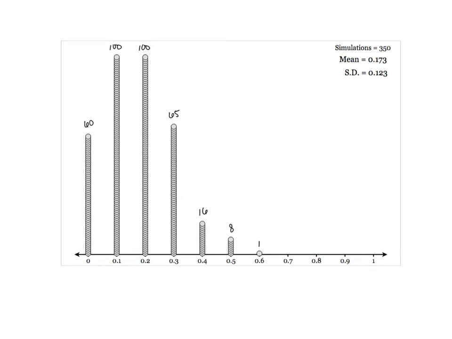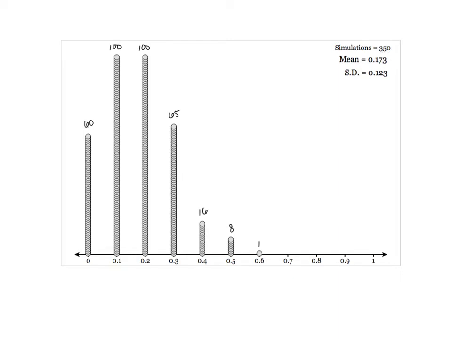So this is the data that we recovered from last week when you were simulating rolling a six-sided die over and over, and you rolled it 10 times and wrote down the proportion of sixes that came up. As all of you did that, your data was compiled here in this little bar diagram. Just to summarize what we're looking at,